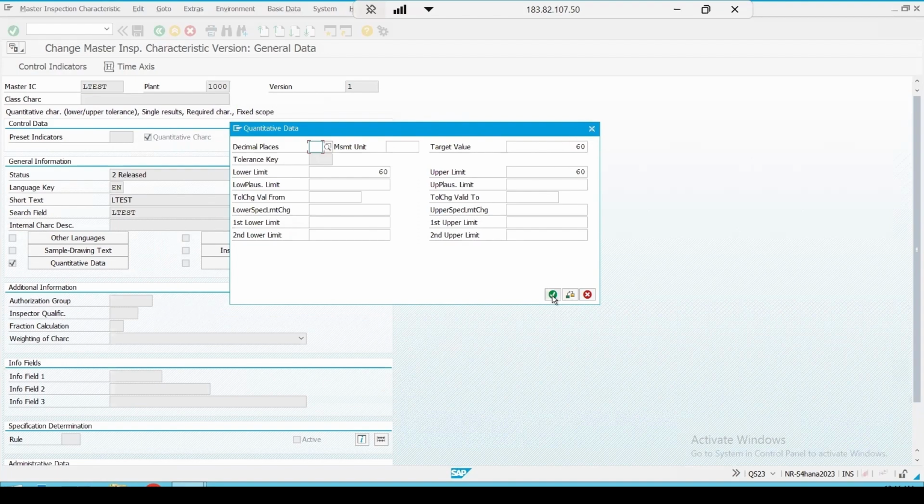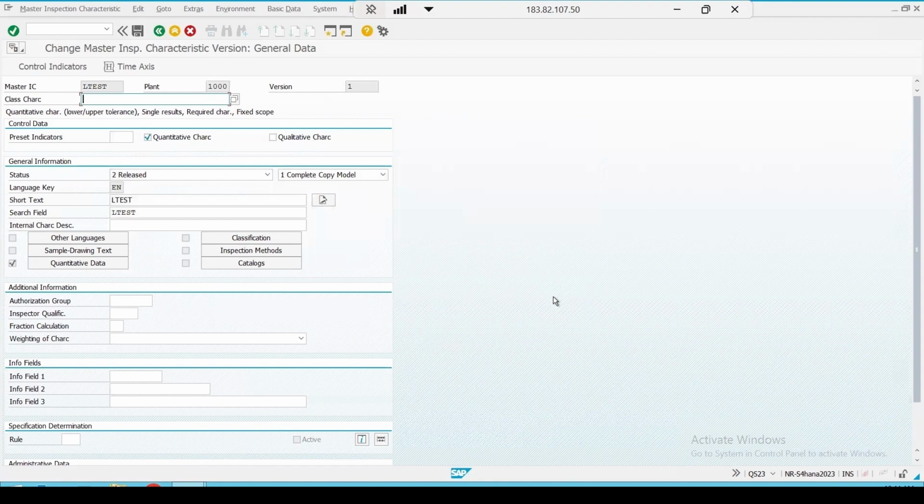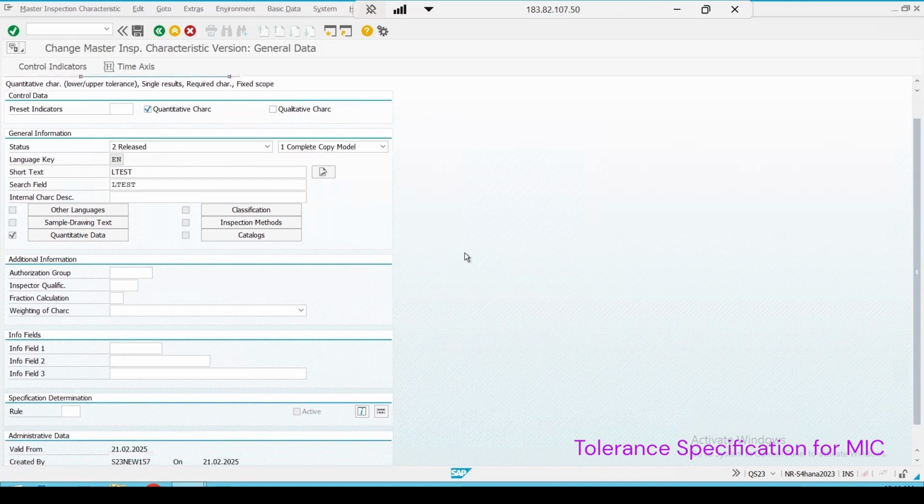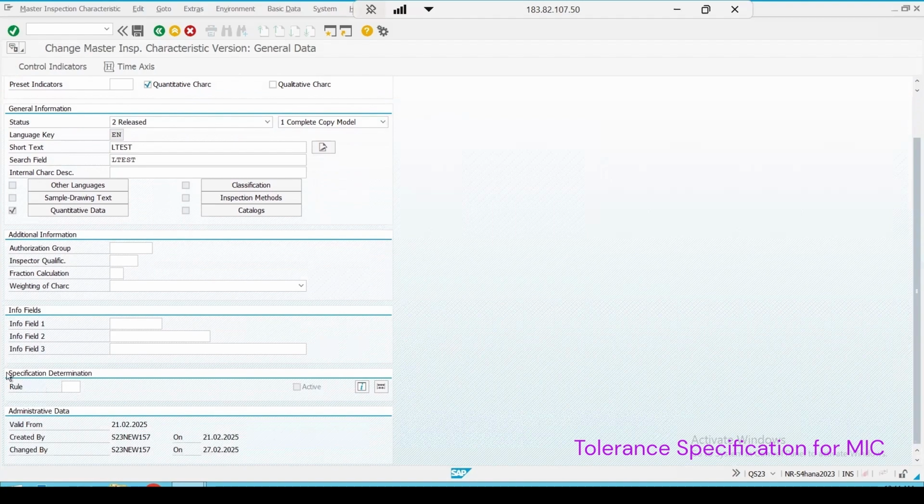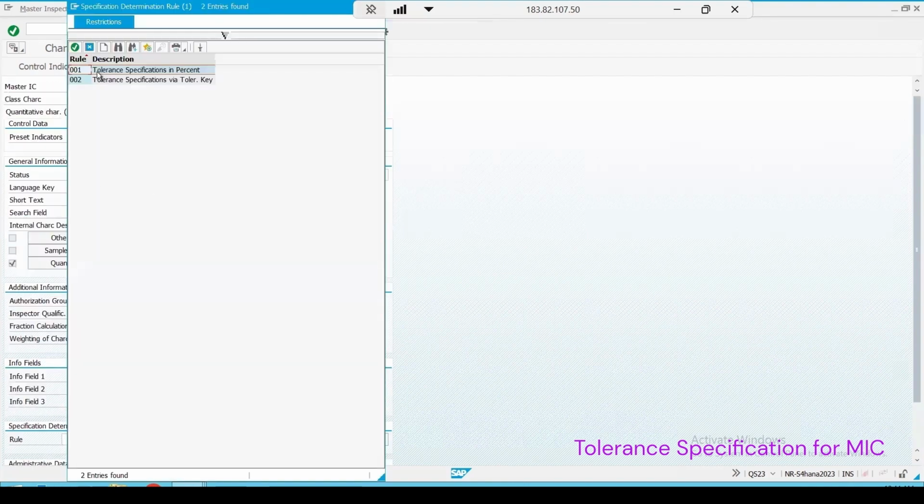But sometimes we want that there should be some allowed tolerance. And if I want to specify that in the percentage allowed tolerance, then in the specification determination, there is this rule field. So if I select this, you will get these options. One as a tolerance specification in percentage, and two as a tolerance specification via tolerance key. So if I select the first one, which is a tolerance specification in percentage,